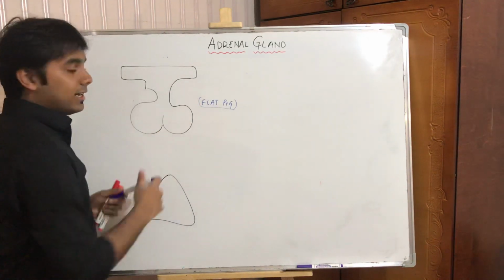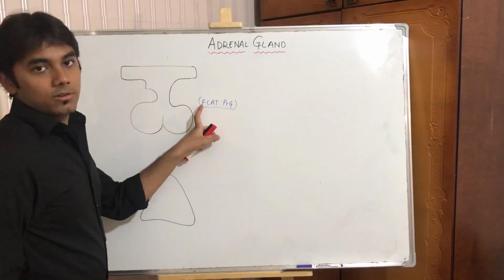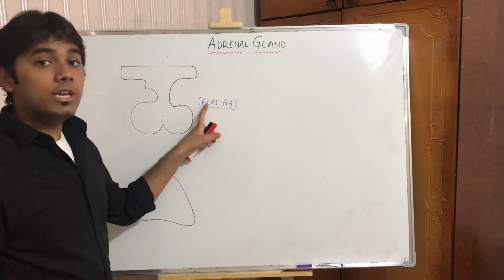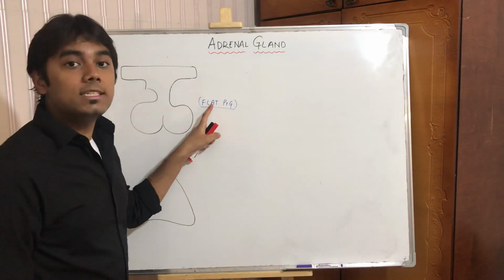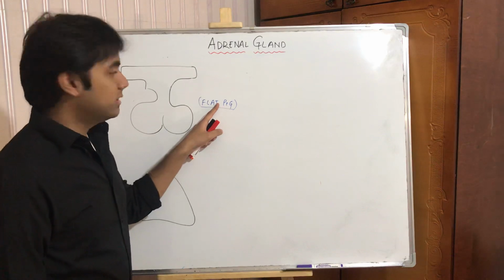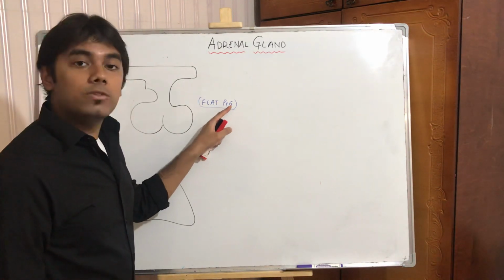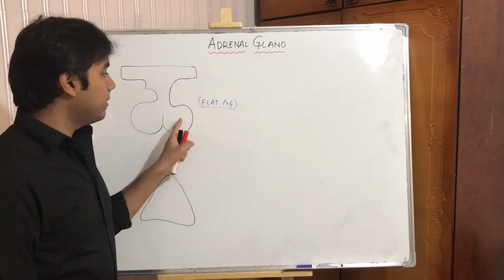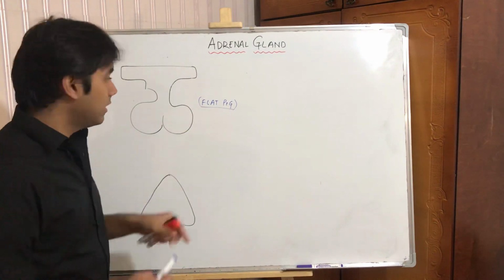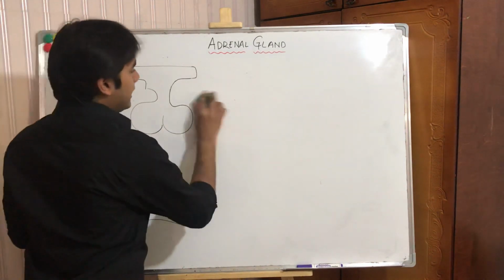Okay. F stands for FSH. L stands for LH, luteinizing hormone. A stands for ACTH. T stands for TSH. P stands for prolactin. There is no I. G stands for growth hormone. So this is the way how you remember the hormones of the anterior pituitary. Right. Anyways, so let's get back into the topic.